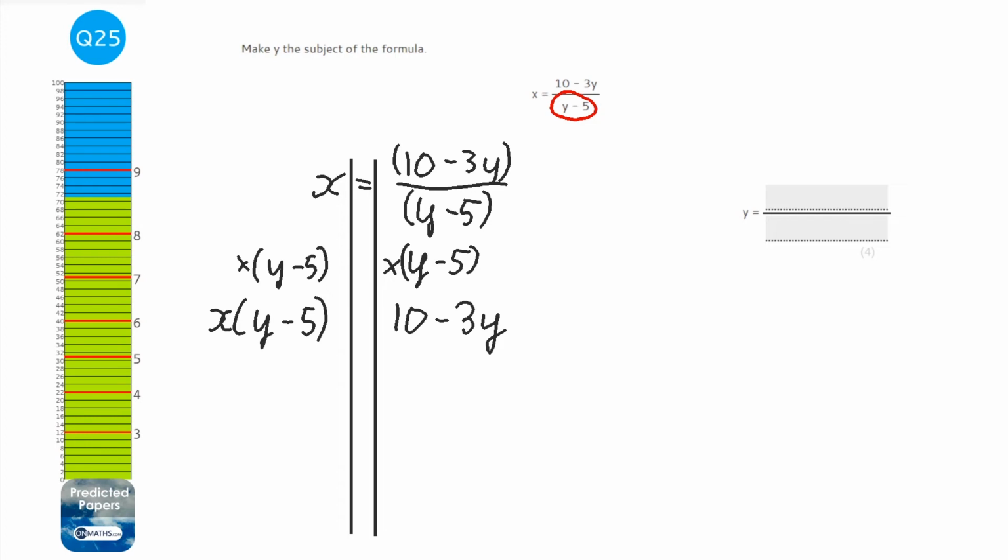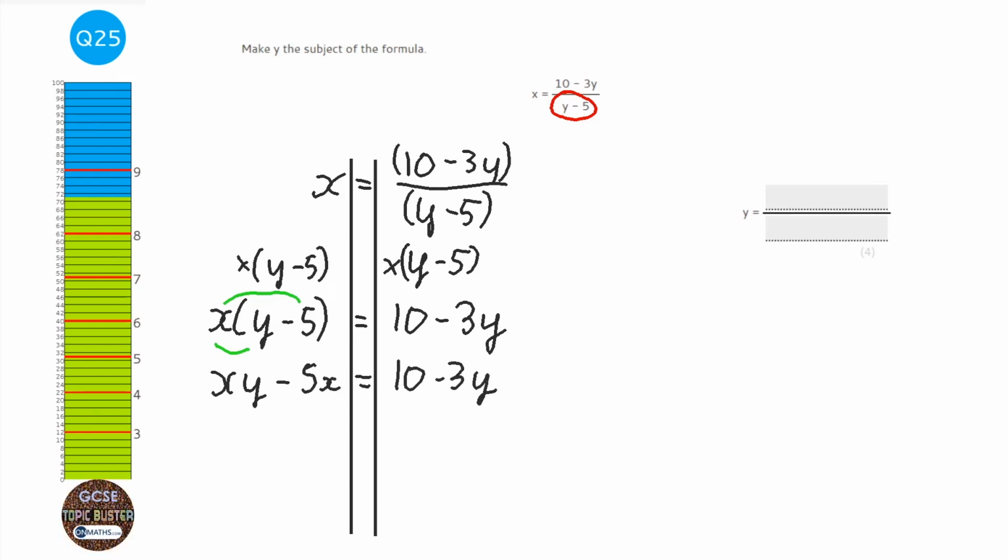Now I said there were two things you've got to get rid of. The first one's fractions, the second one is brackets. You've got to break them open. So we're going to times out these brackets. So we're going to have xy minus 5x. And the right hand side hasn't changed at all, it's just 10 minus 3y